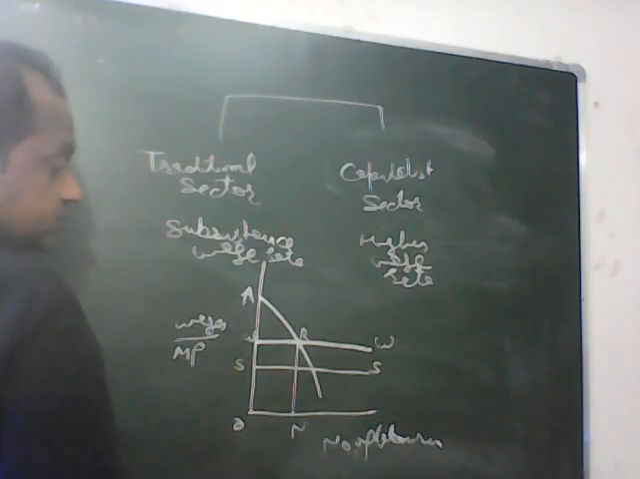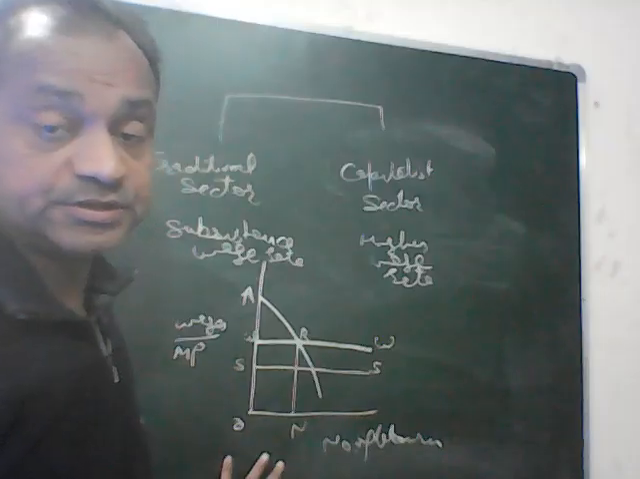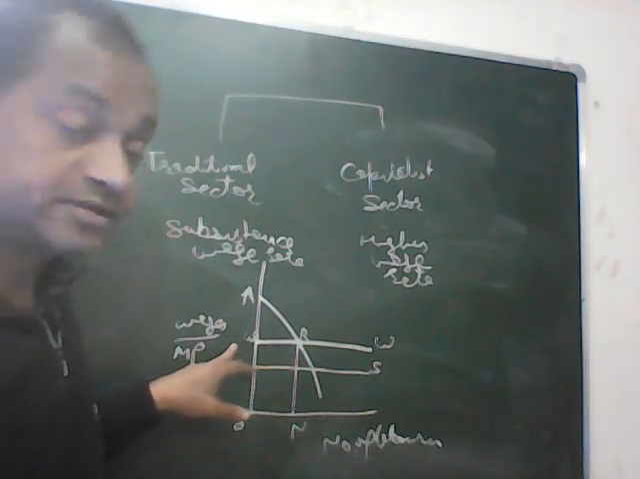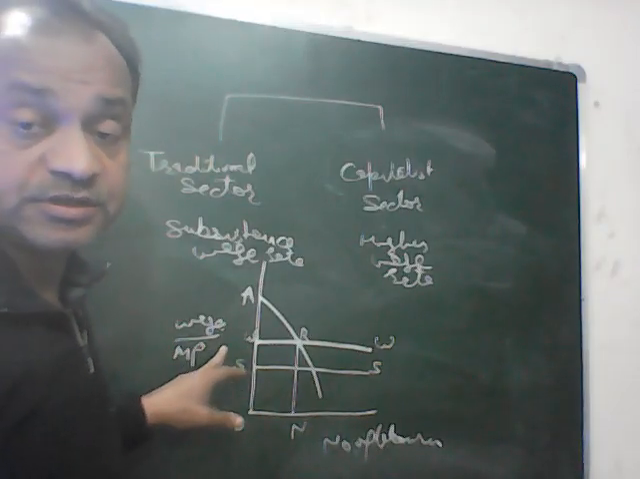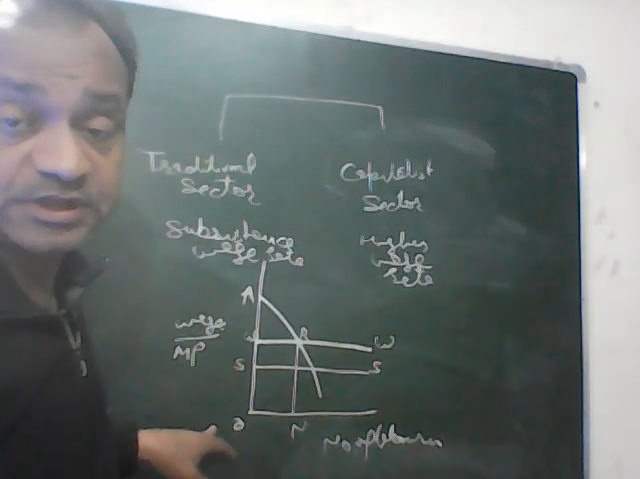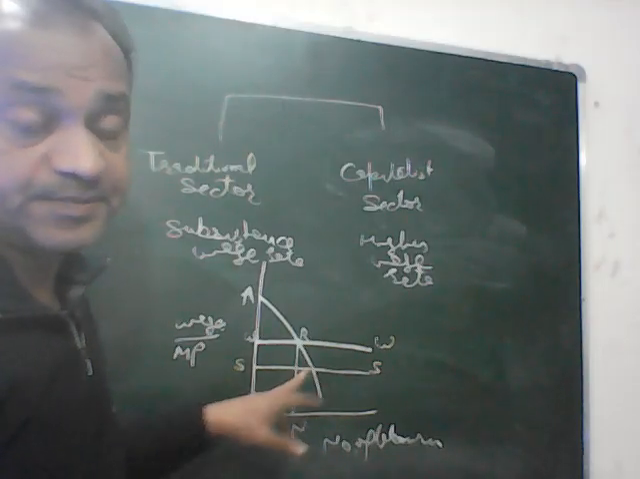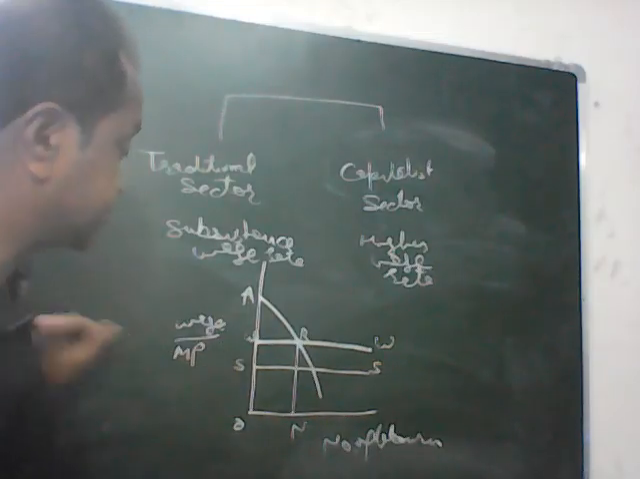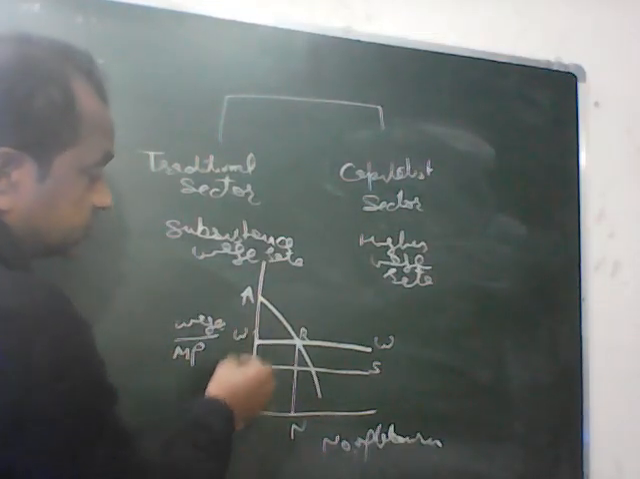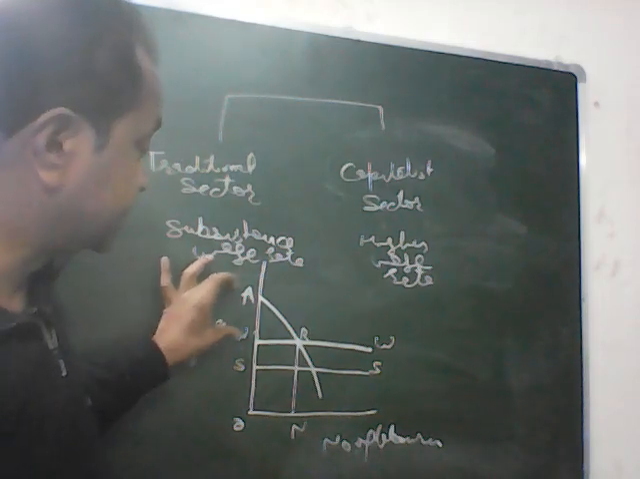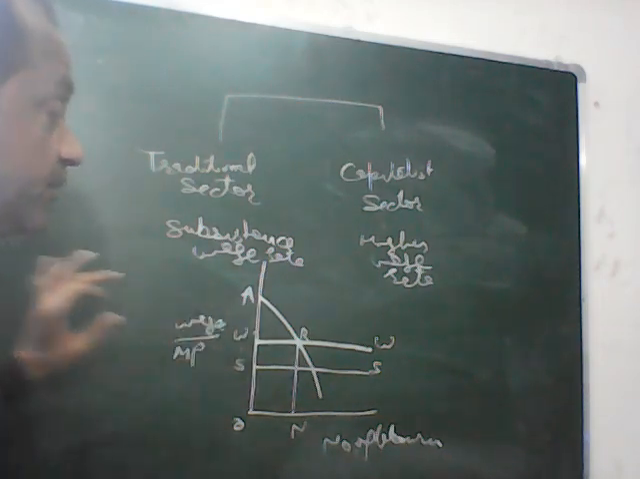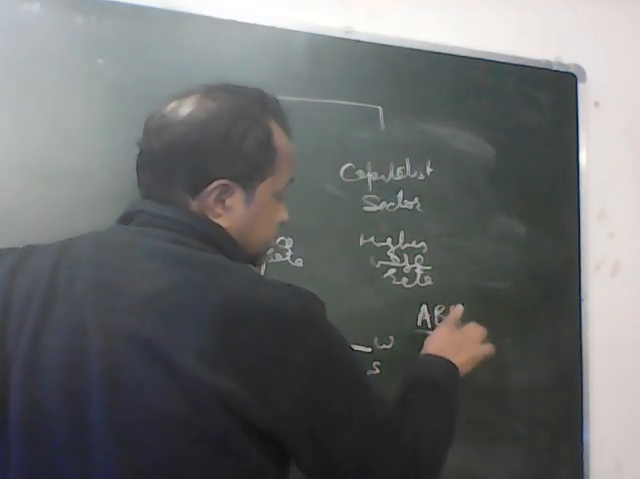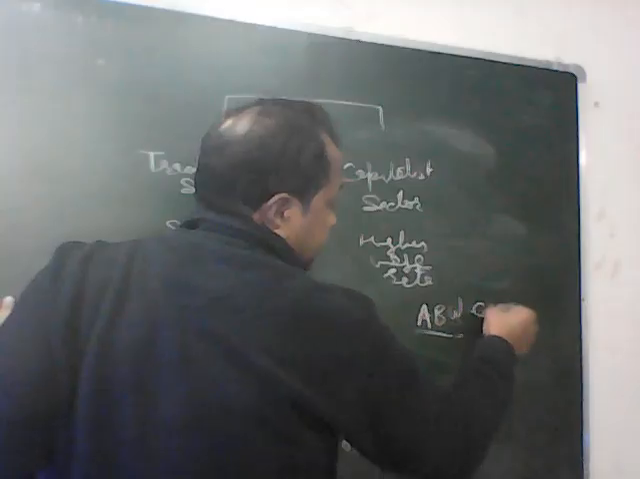When laborers are employed in the capitalist sector, they are getting the OW wage rate. When we are migrating the surplus labor of the traditional sector into the capitalist sector, they have a higher wage rate, that is OW, and they are producing the capitalist surplus, which is A, B, and W. This capitalist surplus